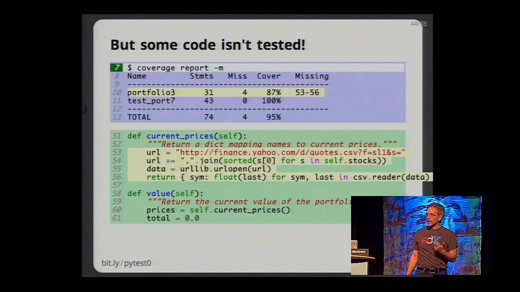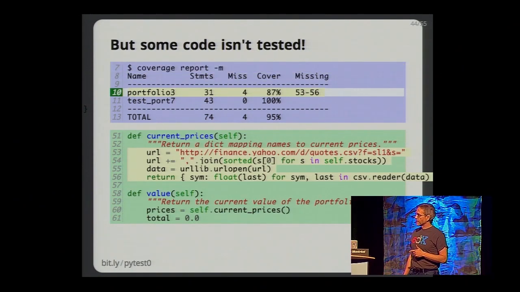So here I've used the coverage tool, which is a way of measuring what lines of code get executed when you run your tests. It's a way of testing your tests. The theory of your tests is that they're testing all the code you have. How do you know? You run coverage, it tells you which lines of code you haven't actually run under your tests. And here we can see that lines 53 through 56 have not been executed,